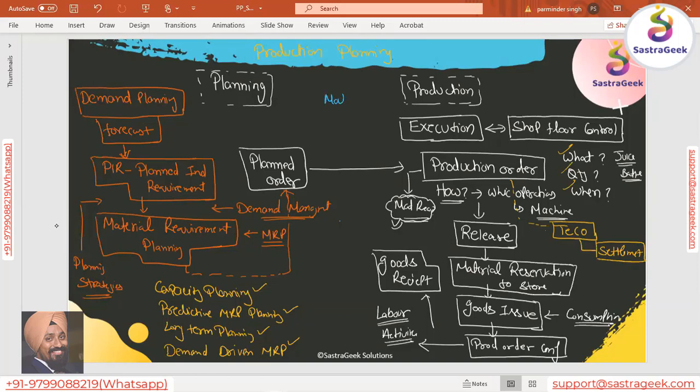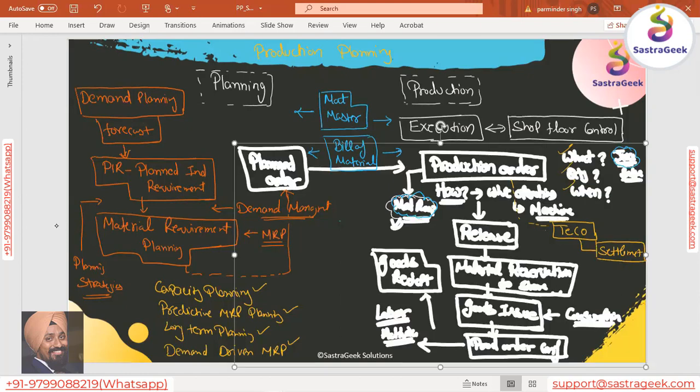First thing will be your material master. Very important, it would be having multiple fields which would be controlling this process and this process also. Then you will be having your bill of material. Don't need to confuse, we'll be going through each of them in detail. I will explain what a bill of material is. Bill of material will be having a control on both of the parts. So this is basically what material is required to produce this juice, right? We discussed the bottle will be required, the juice concentrate would be required. That is a bill of material.